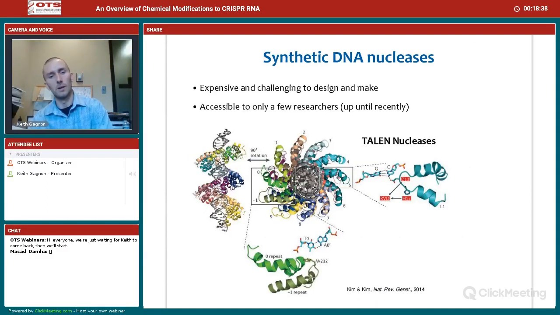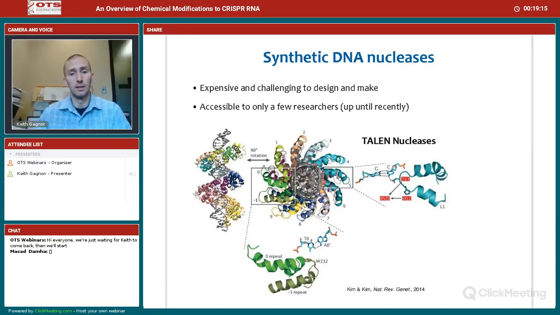Here is an example of TAL nucleases, or TALENs. These are derived from TAL DNA binding domains that you can link together to make an array. Each of these little helix-turn-helix motifs can be designed, based on the amino acid in its loop, to target a specific nucleotide. So if you want to design a TALEN that can bind a 10 nucleotide DNA sequence, you need 10 of these loops, 10 of these helix-turn-helix motifs